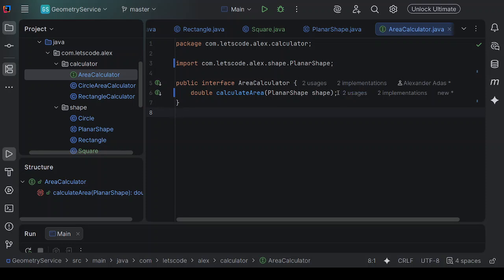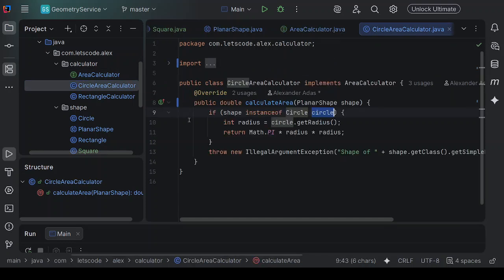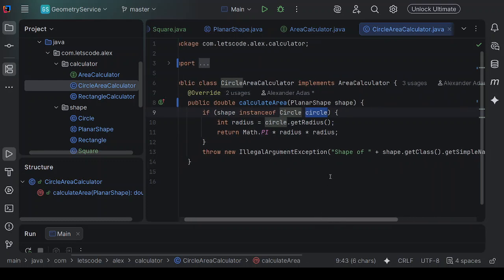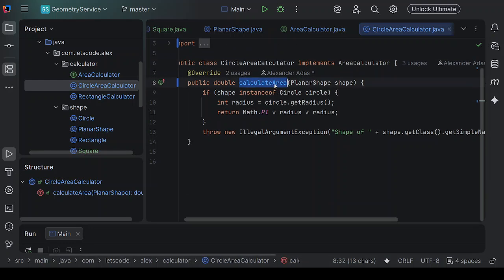So how can we use it? Let's look at CircleAreaCalculator. In order to make it an area calculator, we add the word implements. So CircleAreaCalculator implements AreaCalculator, and to do so, it must implement the method calculateArea. Because it's a circle area calculator, we want to calculate area only for circles, but the signature of the method